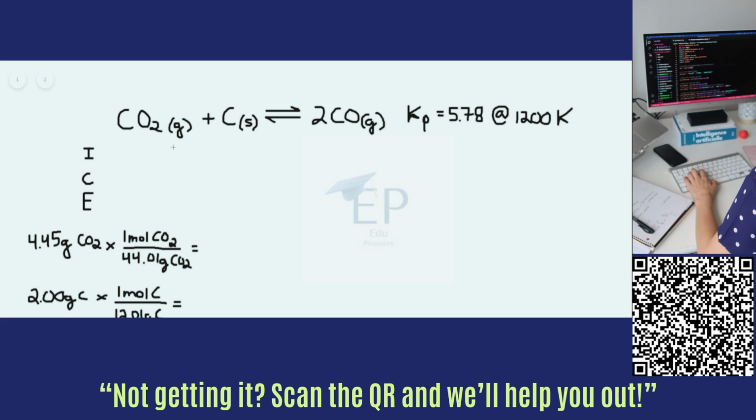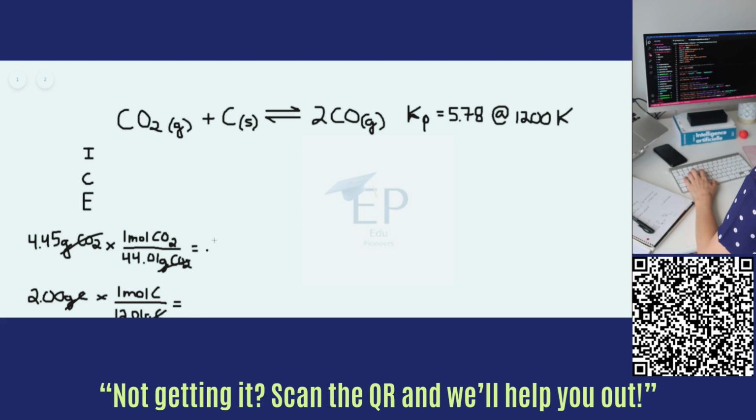So there's a lot of parts here, but let's break it down. It tells us the amount of starting material of each of the reactants, 4.45 grams of CO2 and 2 grams of carbon. From this, you can calculate the number of moles of each of our starting reagents to calculate which of the two reactants is the limiting reagent. And if you did this, your units are going to cancel out. Just divide by the molar mass of CO2 or just carbon,